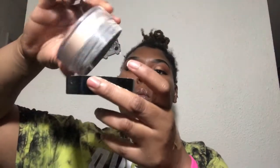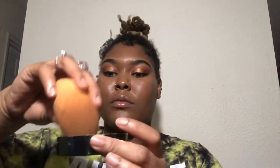Now here comes the fun part: powder. We love us some powder. This stuff gets everywhere though. Like, no lie, I dropped like half of this container the last time I did my makeup. It was a mess. It really was. I think I still got some on my floor. But we're dipping our sponge into the powder, and this just creates a